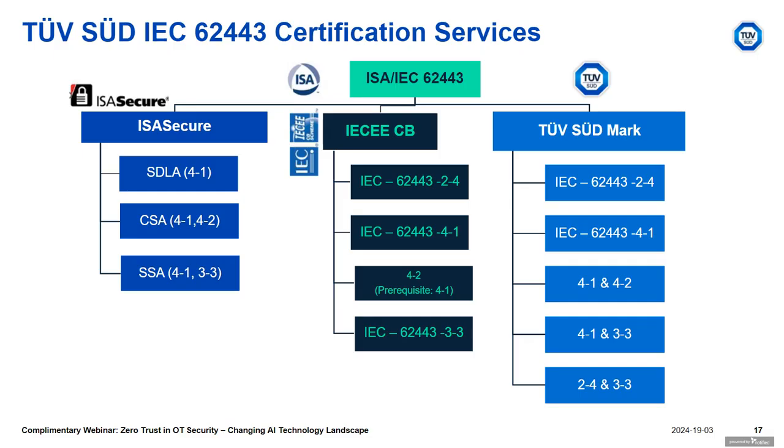But what are the interconnections and the differences between these? The structure of the ISASecure scheme offers a more holistic approach, going beyond just product testing to include system engineering practice and vulnerability. The CB scheme is primarily focused on facilitating market access through international certification. While the TÜVSÜD mark is used for various purposes, including internal assurance and market access. So it's the one most adopted globally, considering the structured approach given to various customers, on how they can adopt and have these conformities to be compliant.